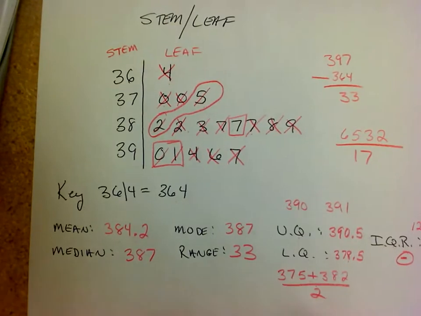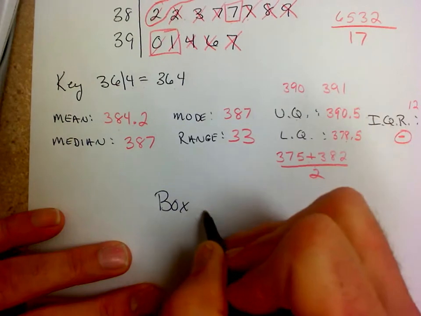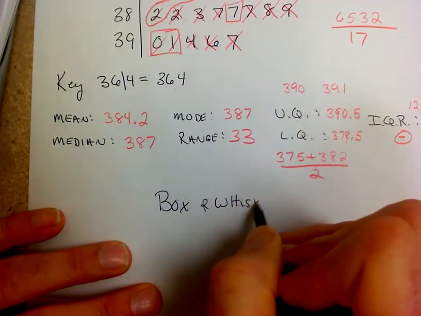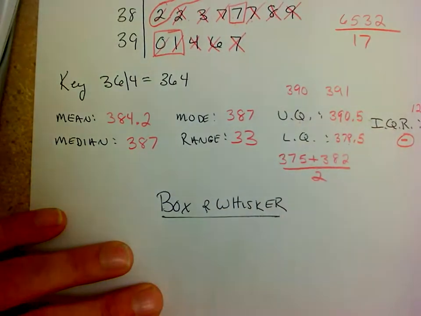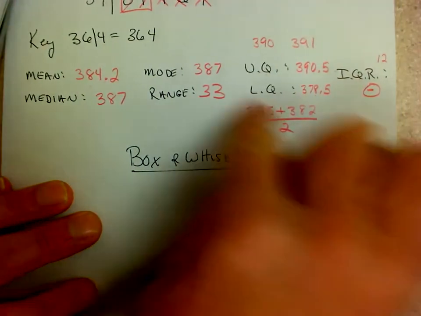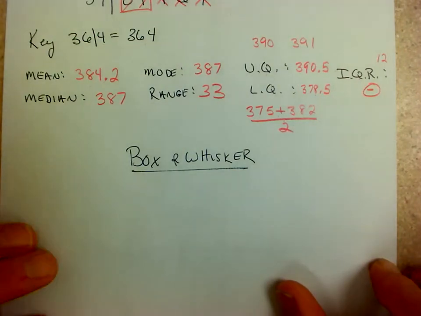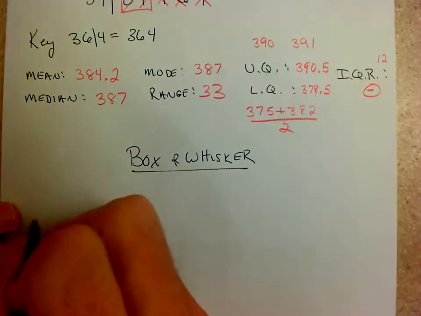So that's a stem and leaf. The next graph that we need to be able to work with is called a box and whisker. And now what a box and whisker does for us is it kind of creates a visual of our data. Okay, now it's not going to be able to represent everything, but we can get a lot from it. So to build our box and whiskers,